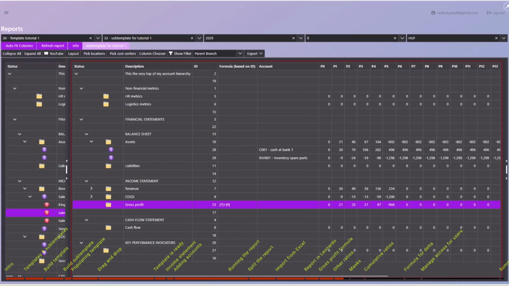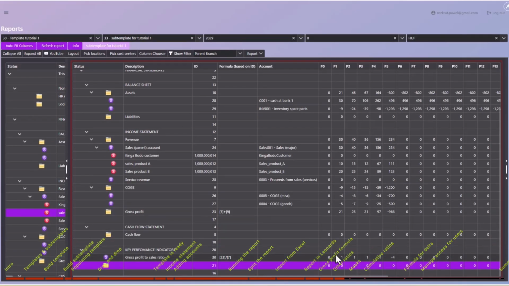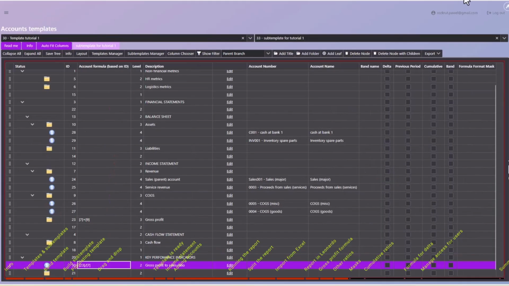So I go back, I refresh, and I have this gross profit to sales ratio, but it's not exactly how I would like to see it, right? Because right now it says take 21, divide by 30, and it's rounded to 1. This is not really useful what I want. So that's why you have here a format as well,